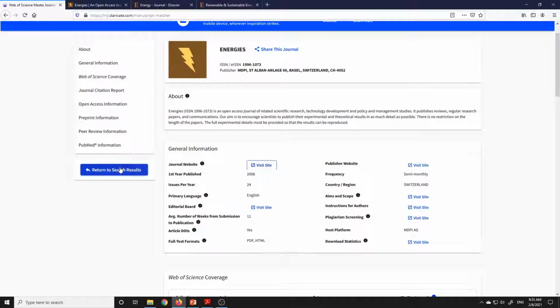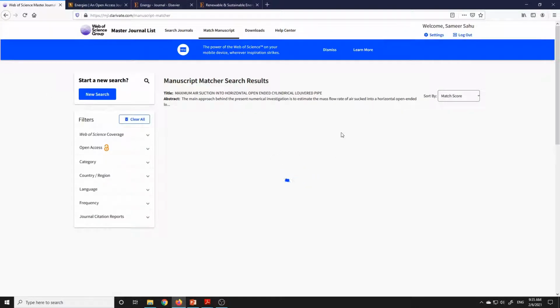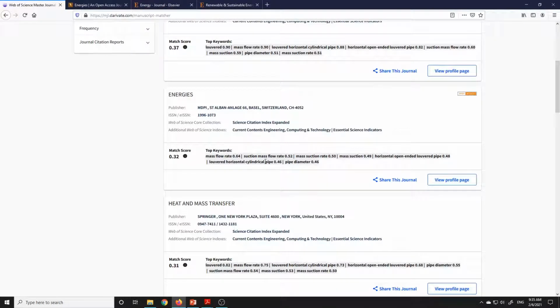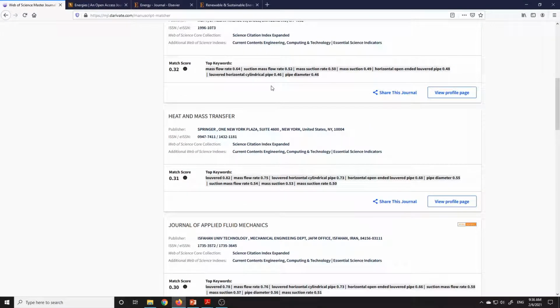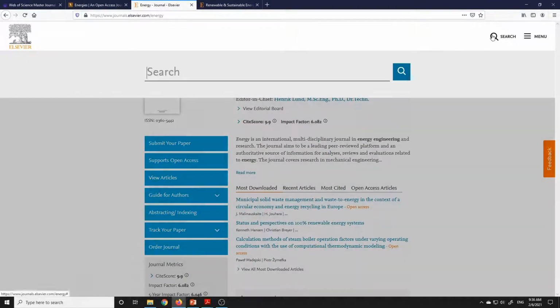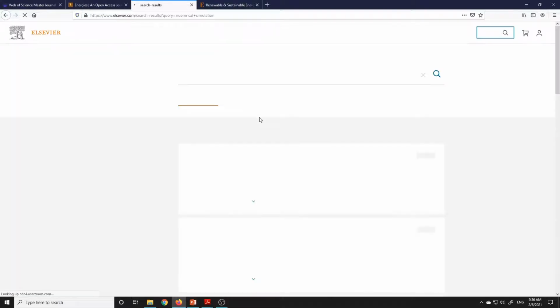If we return back, suppose you have got this list. Still you want to recheck whether your type of work has been published here or not. You can simply go here and search, say, energy numerical simulation, just simulation. Let's see what comes in numerical simulation in here.